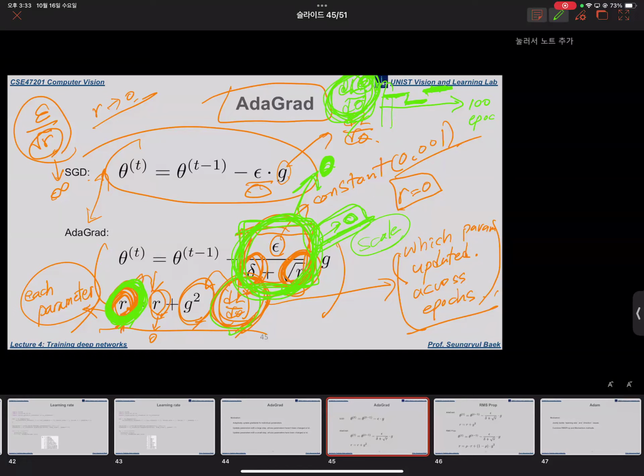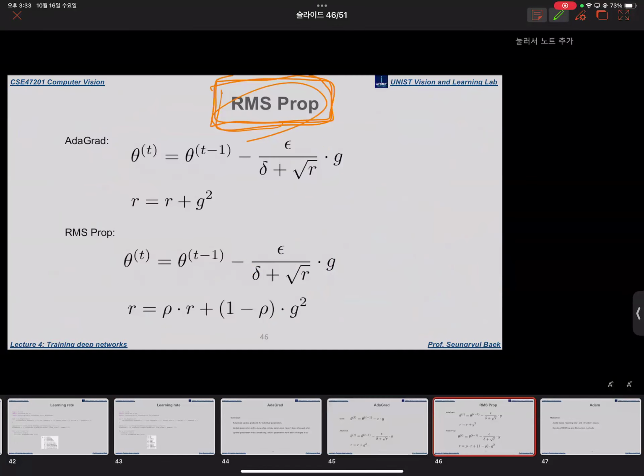So there's a scale issue in the R variable: as epochs go, it continuously increases and never decreases. So their learning rate always goes to 0 and never becomes larger than 0 again. That's the problem. So in RMSProp, what they